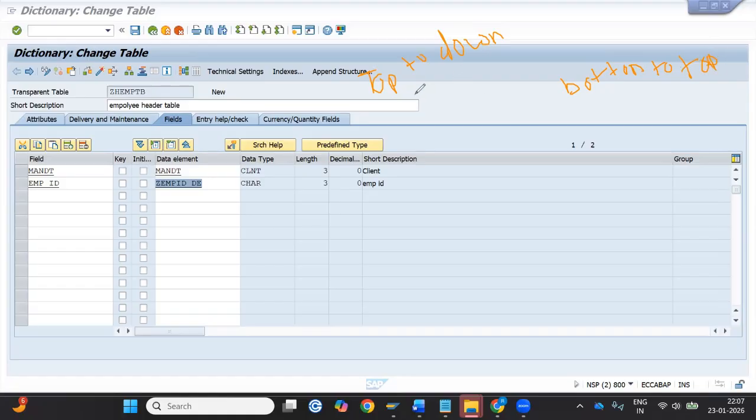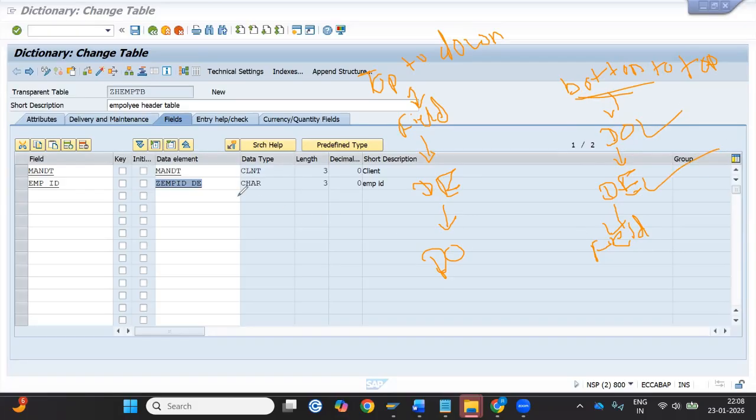तो उसमें क्या करते हैं, टॉप डाउन अप्रोच में फर्स्ट वी क्रिएट आवर fields, then we create our data element, then we create our domain. और बॉटम डाउन में हम पहले डोमेन क्रिएट करते हैं, आफ्टर वी क्रिएट आवर डेटा एलिमेंट, एंड आफ्टर वी क्रिएट आवर फील्ड्स। अभी हमने बॉटम डाउन अप्रोच देखा।